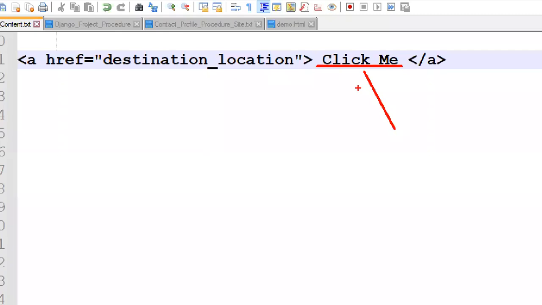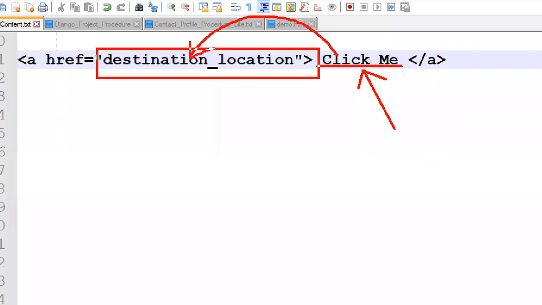Whenever the user clicks this one, then it is going to redirect to the destination location. This destination represents another application's related URL, or within the application another location's related destination, guys.